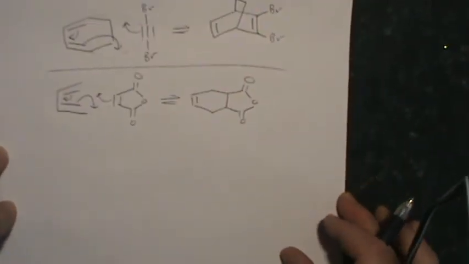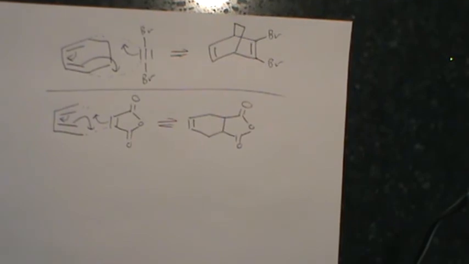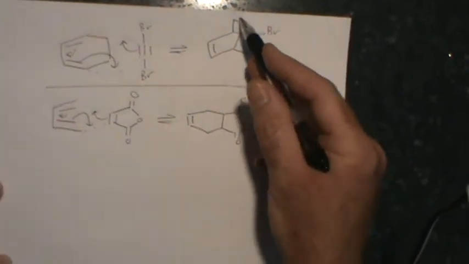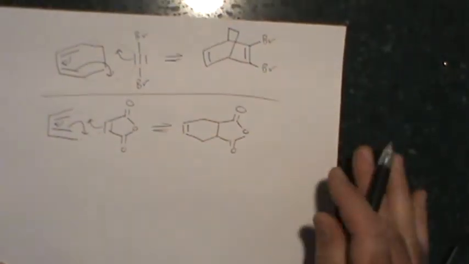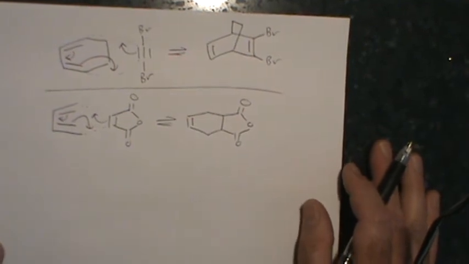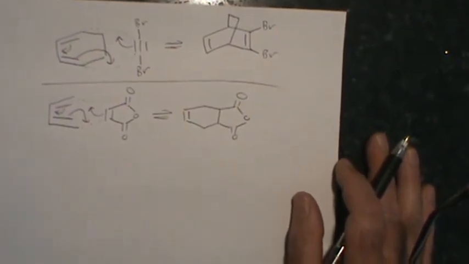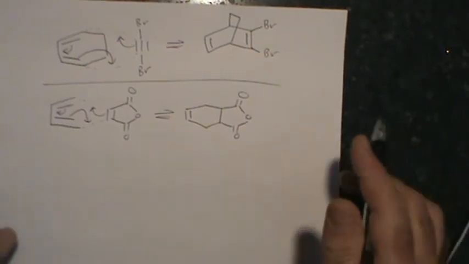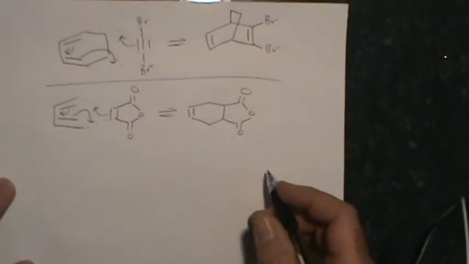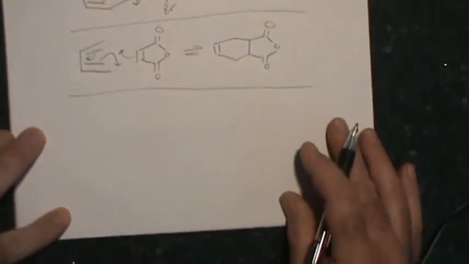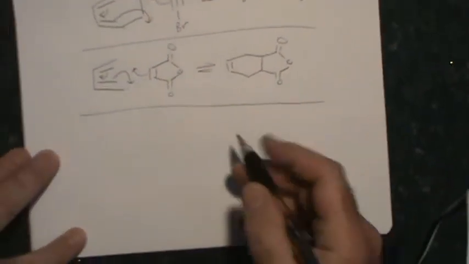So it turns out that Diels-Alder cycloaddition is even more versatile than I led you to believe, because you can make bridged bicyclics and fused bicyclics using this reaction. It really is a great reaction, and it finds so much use. Let's go back to bridged bicyclics for a minute, because we need to talk about the fact that if I use